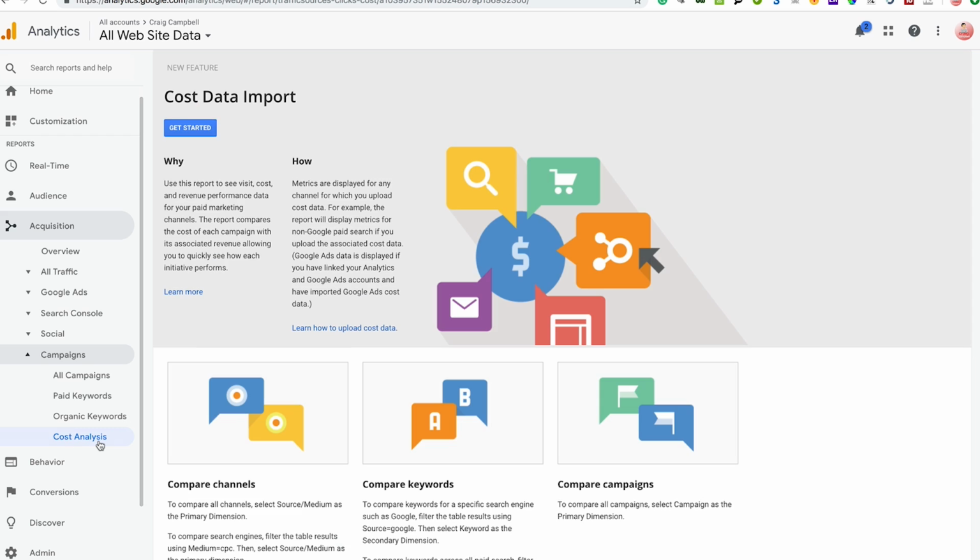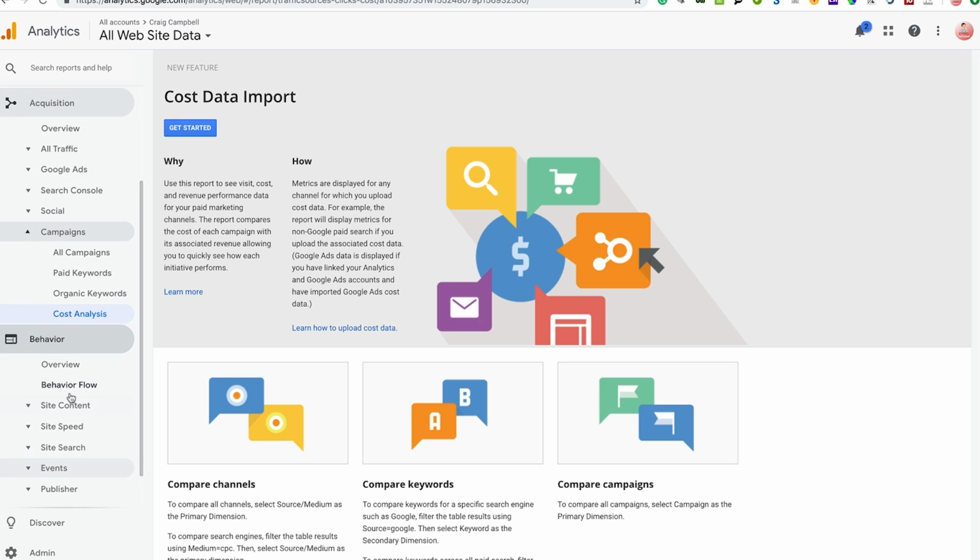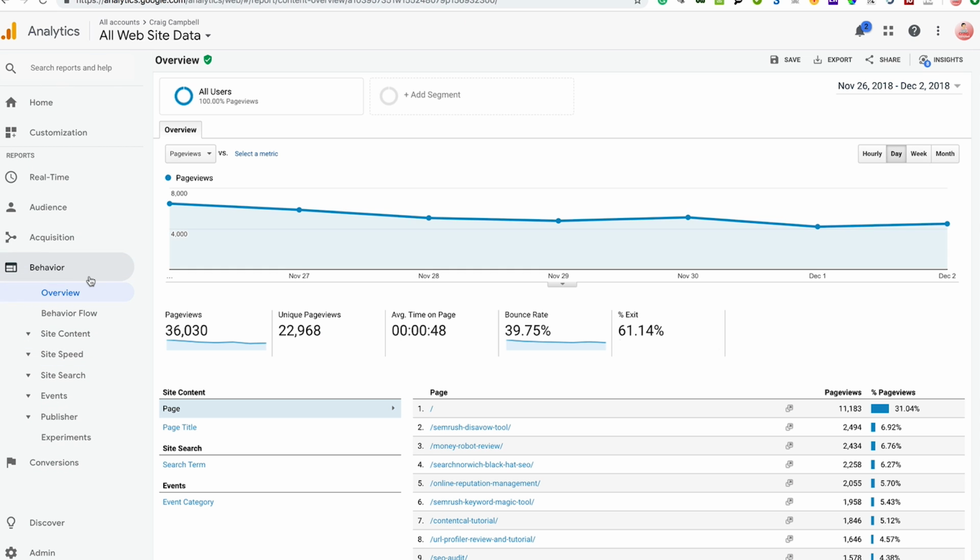And if you had everything all tied in, you could then have your cost analysis in there. But again, I'm not an e-commerce provider, but you can set all of that kind of stuff up. Behaviour. Now you can see where the users are going and what page views and pages they're hitting on my